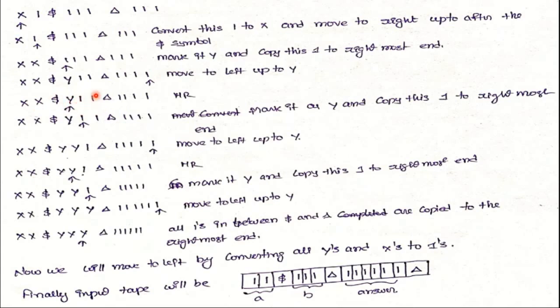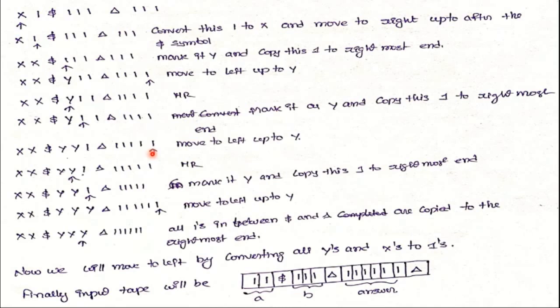to read the next one from variable b. So that's why now we read the next one from variable b, mark it as y and copy it at the end of the input. Previously there were 4 ones, so these 4 ones, and after that we copy the next new one.